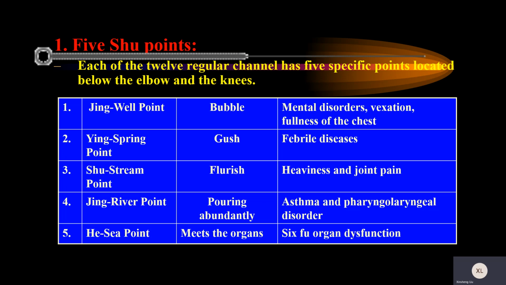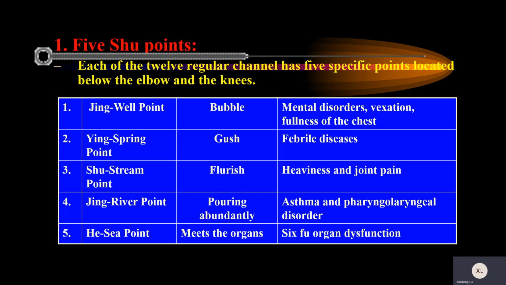Okay, number one is the five shu points. Each of the 12 regular channels has 5 specific points located below the elbow and the knees. You know, these points are very popular. They are safe. They treat a lot of conditions. They are distal points, but they can treat trunk problems. They can treat your body center's problems, right? You don't need to puncture the trunk so much, right? So very safe. According to the Spiritual Pivot, Ling Shu, a very old book,